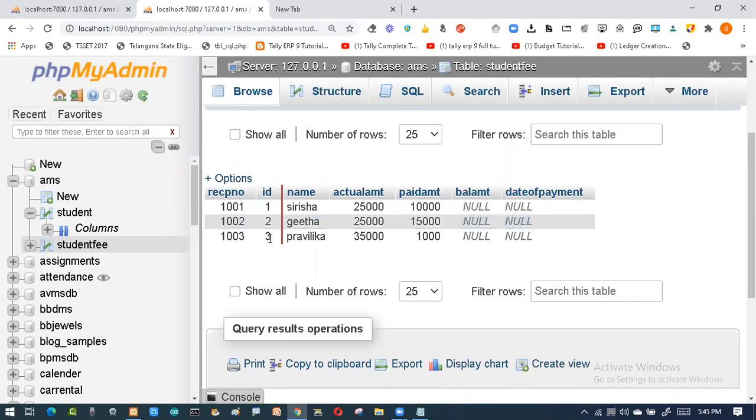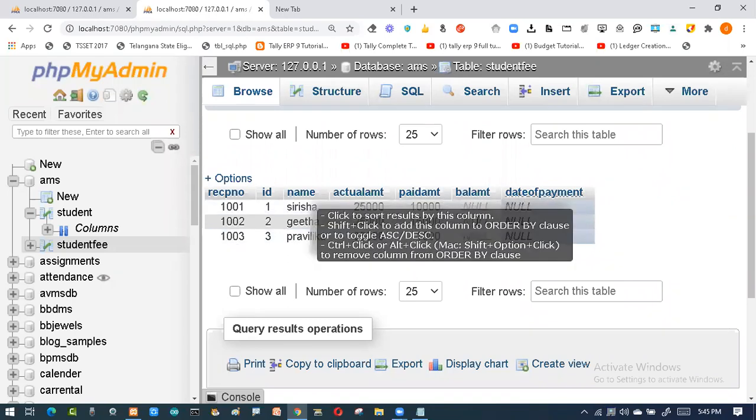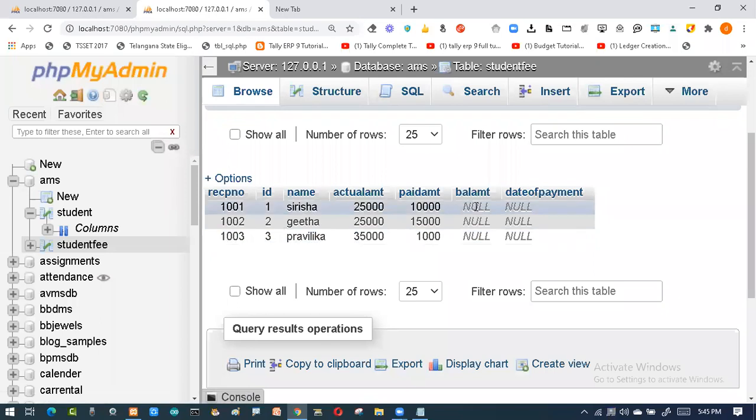Then Pravalika came and paid the fees, and now my boss was asking how many have paid the fees, how much balance is there, and on which date they have paid. You talk about the particular balance date. So how much balance this person has, so that I can communicate with them. If clearance is not there, then I'll make them stop writing the exam. So like this, I'll be putting some criteria. So I want to know that.